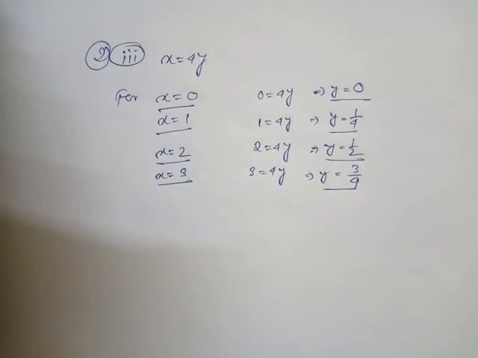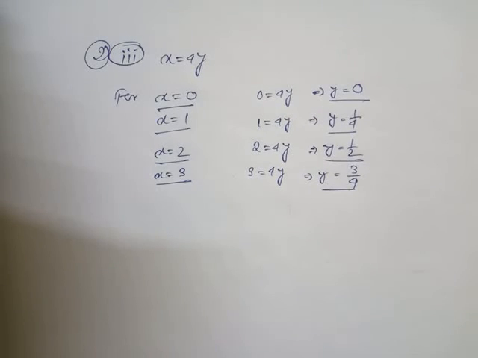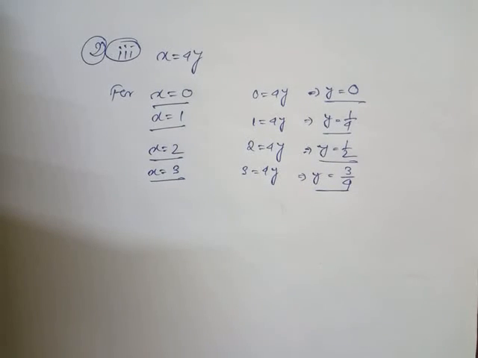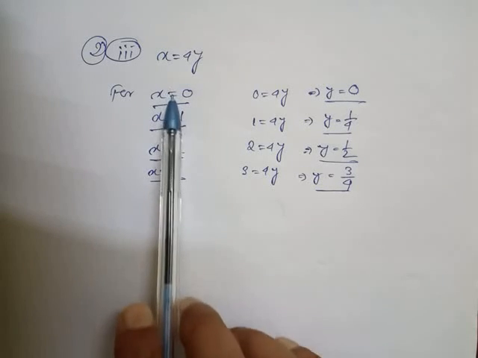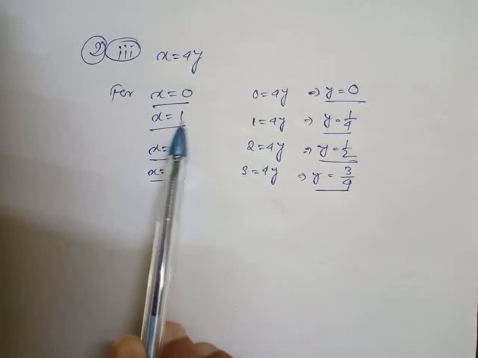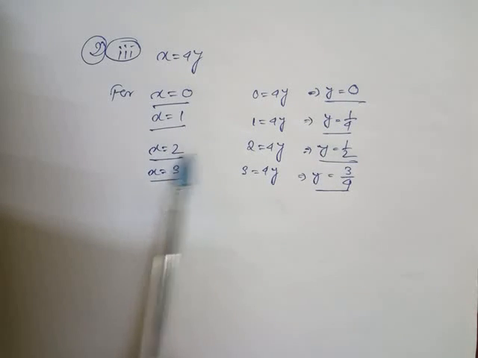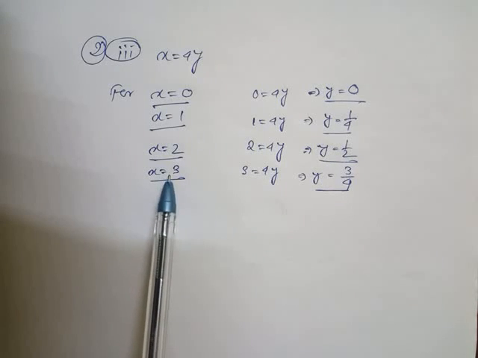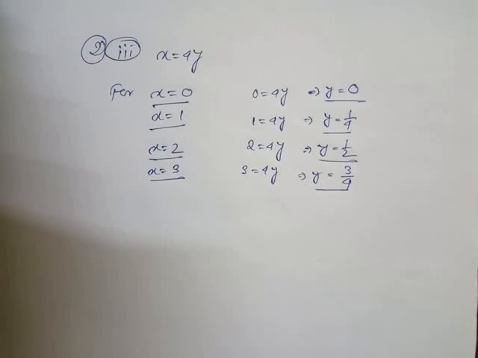Student, don't be confused. If the answers of question number 2 from exercise 4.2, class 9 general maths, don't match with the book, don't be confused, because for every value of x you put, there is a value of y. If you put here minus 1, there will be another value. If you put here minus 2, there will be another value. If you put here minus 5, there will be one more value, so don't be confused. If it doesn't match with the book, don't be confused. This is also correct.